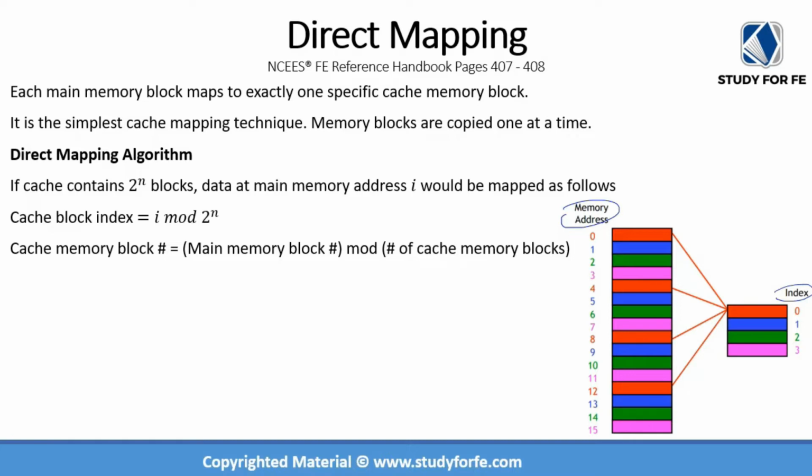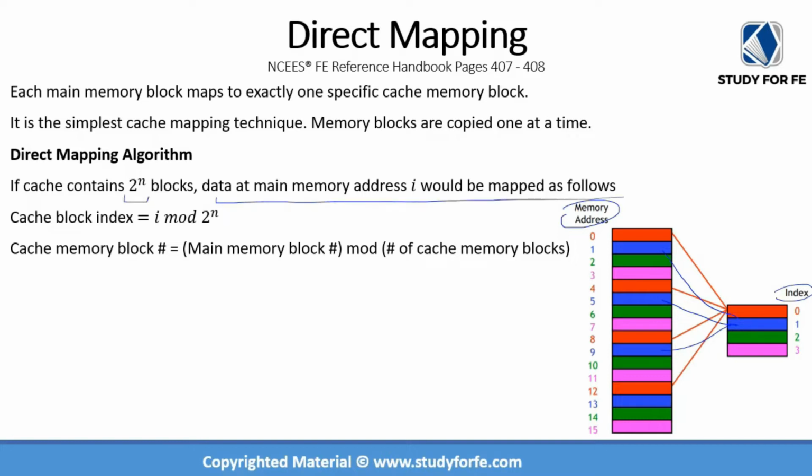Similarly, all the main memory blocks which are colored in blue can only go to the blue memory block in cache. The ones that are colored in red can go in red. The ones that are colored in green can go in green, and so on and so forth. So mathematically, if the cache contains 2 raised to power n blocks, and the data at main memory address